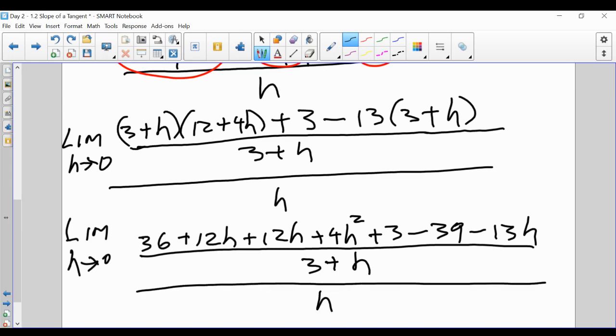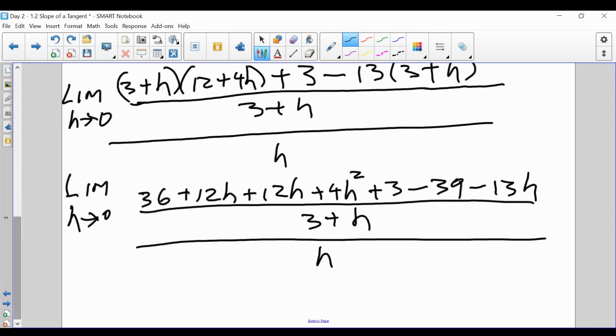So a lot of algebra, folks, a lot of algebra. Okay, the limit as h approaches 0. Now let's tidy up the top. Let's just look at all of the whole numbers here. There's a 36 here, there's a 3, there's a minus 39. It looks to me as if the numbers are going to cancel each other out, because 3 minus 39 is minus 36, plus the 36, these guys will knock each other out. Hopefully we can all agree on that. What's left over is the 4h squared,